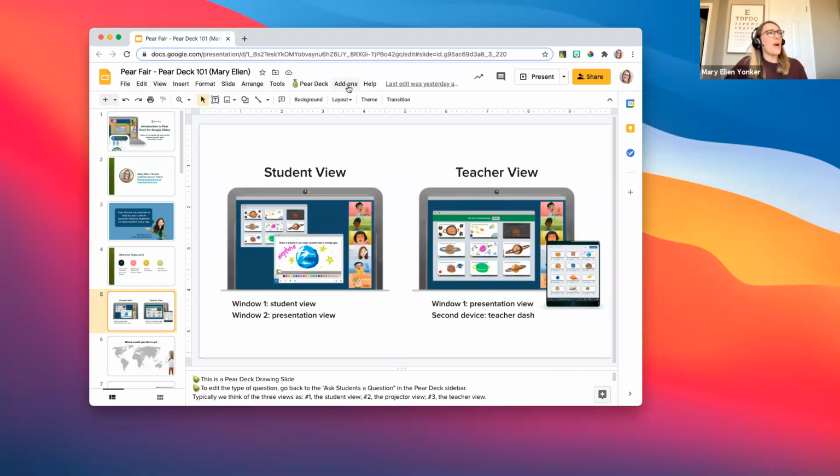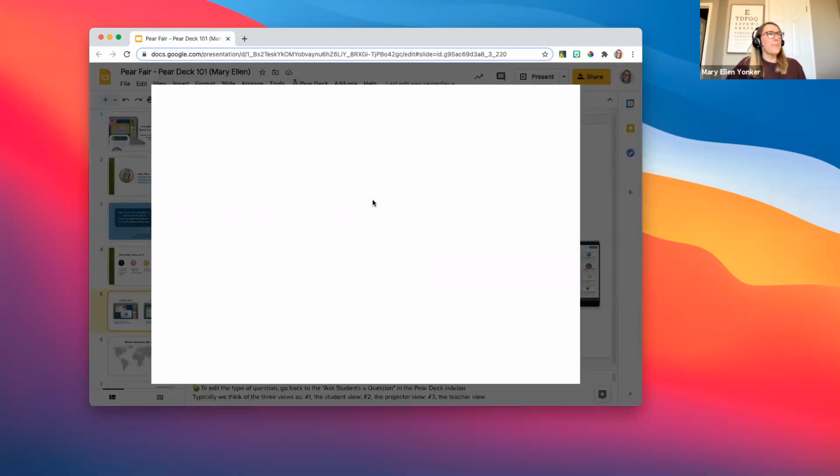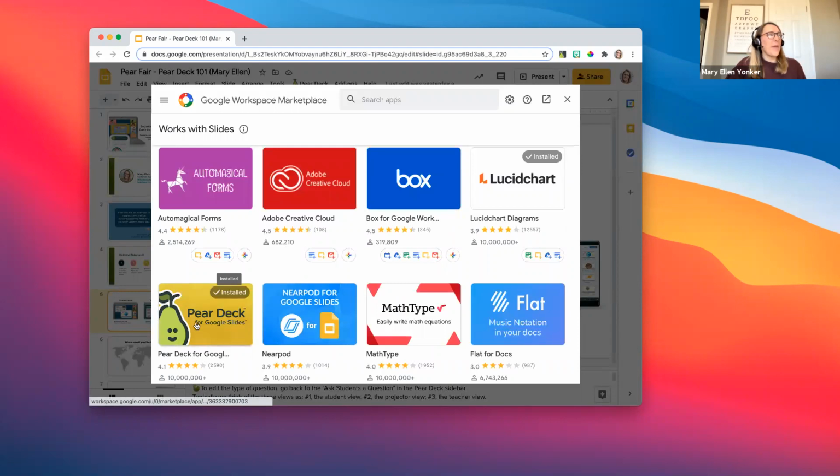When you have your slides open, you'll see this toolbar up at the top. And if you scroll across, you're going to see add-ons. Click on add-ons, and I already have it, so I see it in my list of add-ons. But if you don't see it, go right down to get add-ons, click on that, and then look for Pear Deck. Perry is right down here. I can click on Perry and add that Pear Deck add-on, but if you don't see him, you can go right in here and search for it, type in Pear Deck, and it'll pop up.